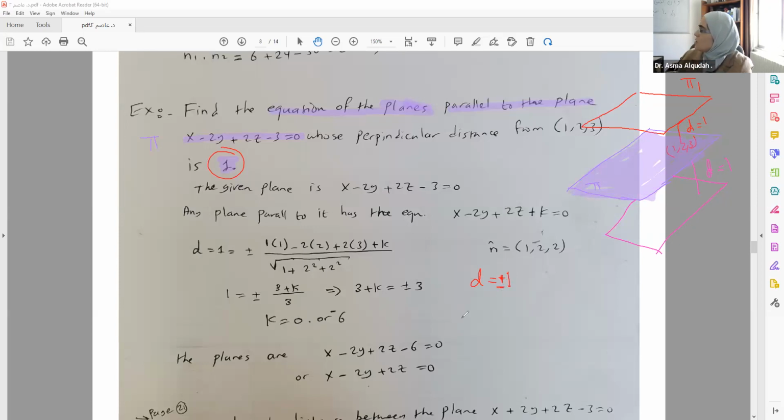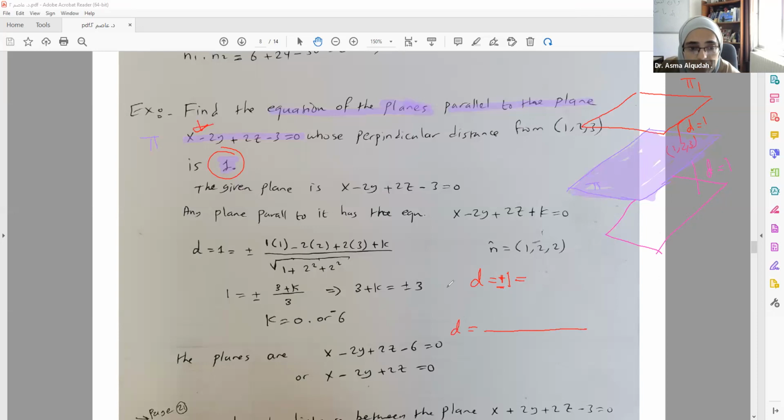The plus 1 indicates the distance above the plane, and the minus 1 indicates the distance under the plane. For this distance, we use the equation for the distance between a point and a plane. How do we use this equation? The distance d is equal to,